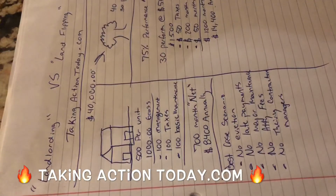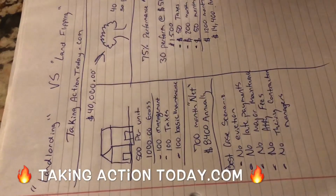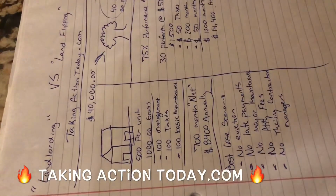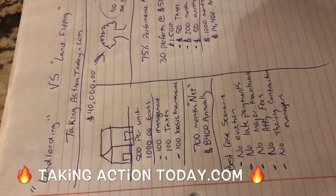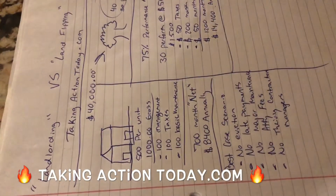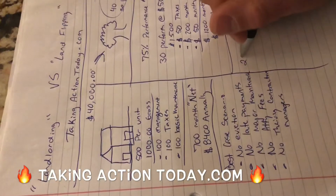But let's just say I'm completely full of it, and let's chop the numbers even more. Let's say our properties, these 40 properties, we could only get 50% of that to perform at any given time. So things are cycling through, but no matter what, we just cannot get above the 50% rate. Let's do some math on that. So now we have 20 properties